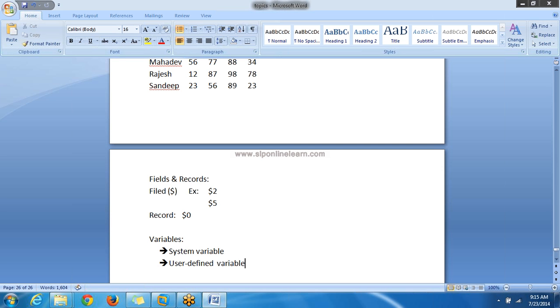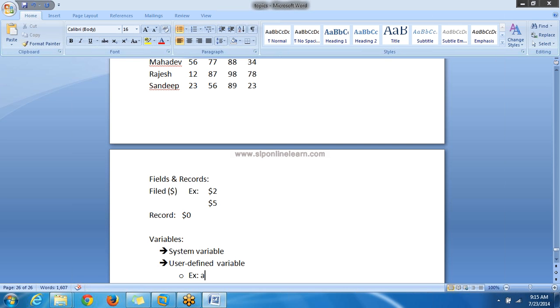User defined variables are simple. As a user, you can define your own variable. While declaring a variable, you need to specify a name, and that should be a valid name, meaning you need to follow the naming rules.